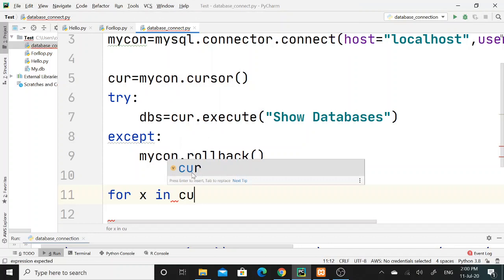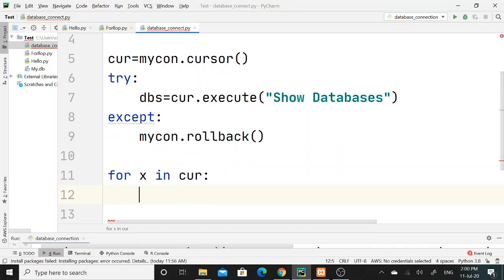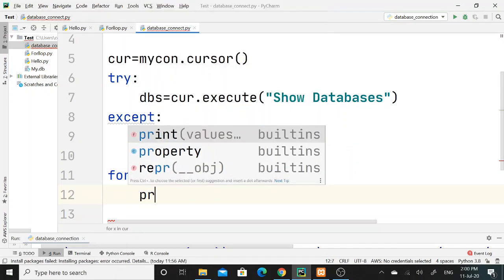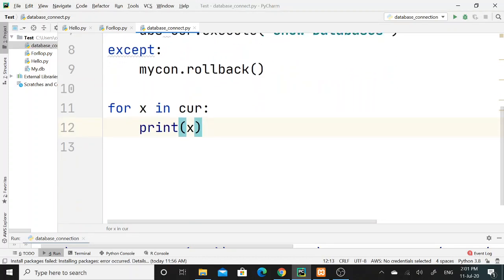Now where would I get the list of all my databases? The list would be present in this cur variable. So again I will call the cur variable, and inside the for loop scope I will simply call the print function, and I have passed the x variable that I had declared over here.